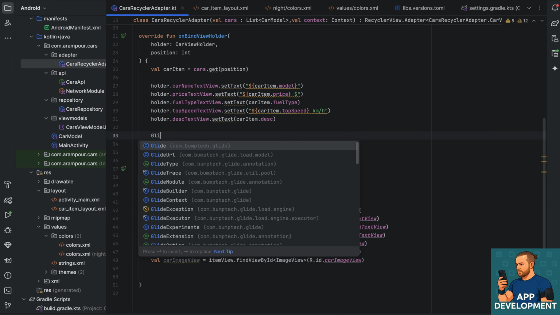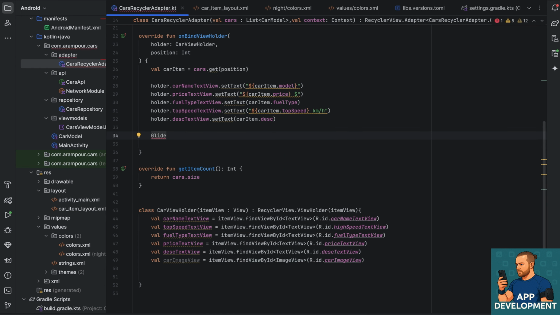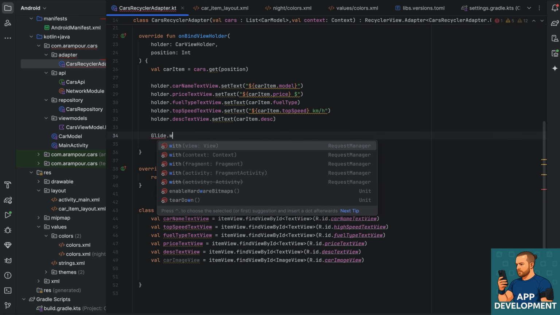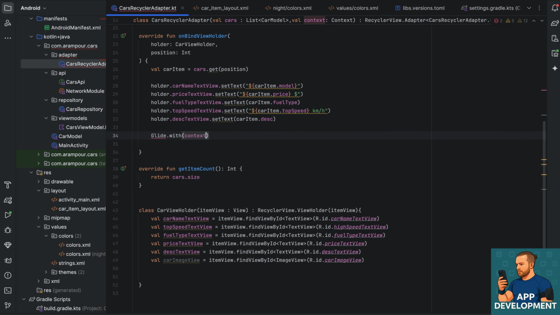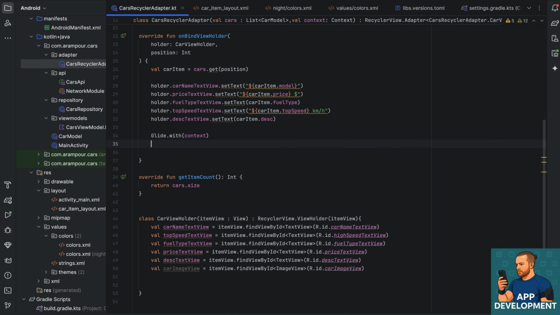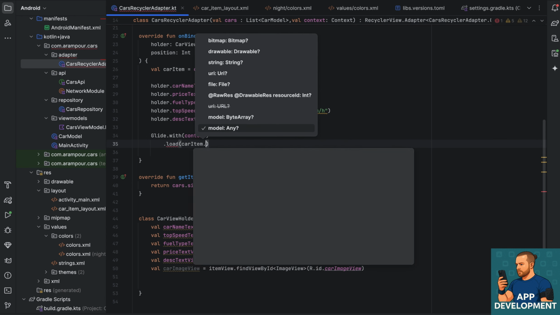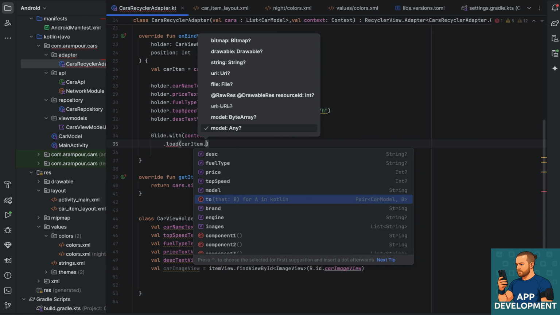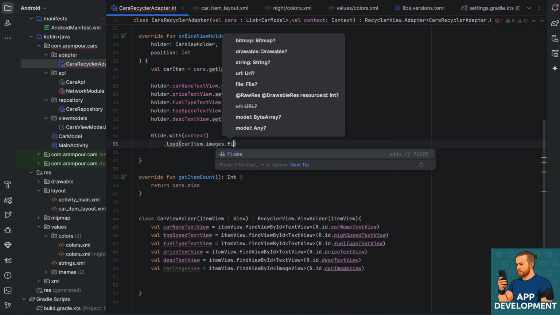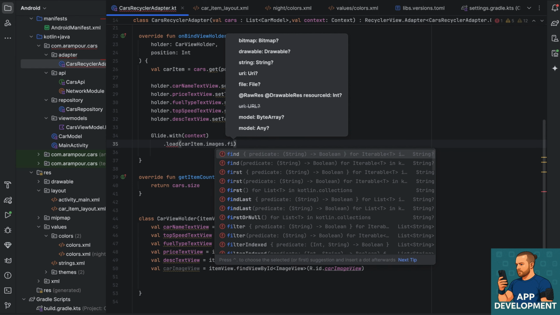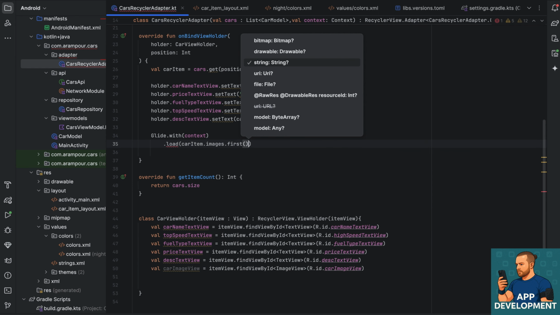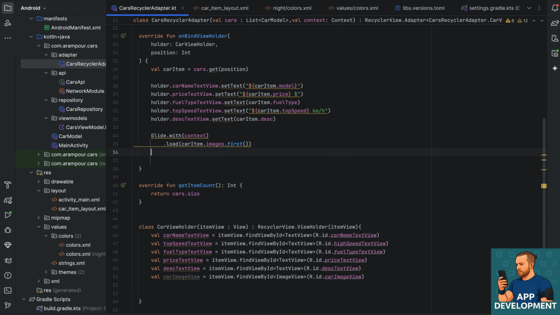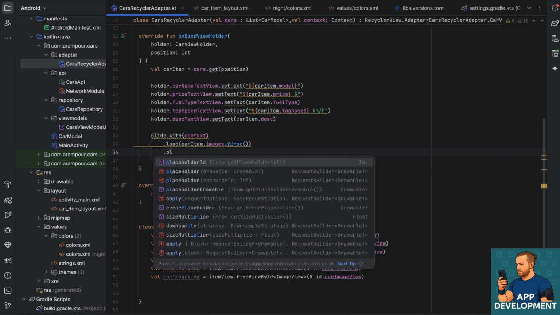Here I will call this library and with context that we already have, and load car item dot image dot first, and we can add some placeholder later,